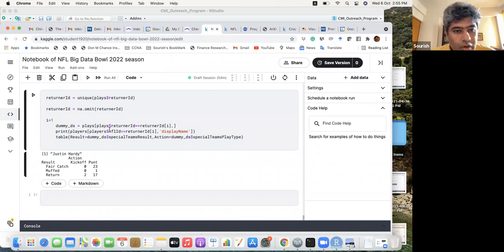There was one kickoff. So Justin Hurdy, there was one kickoff which was returned. He returned two cases, and there was a punt where he had a fair catch, muffed, or he returned. This is the first. Justin Hurdy is a player, and this is his performance while returning a